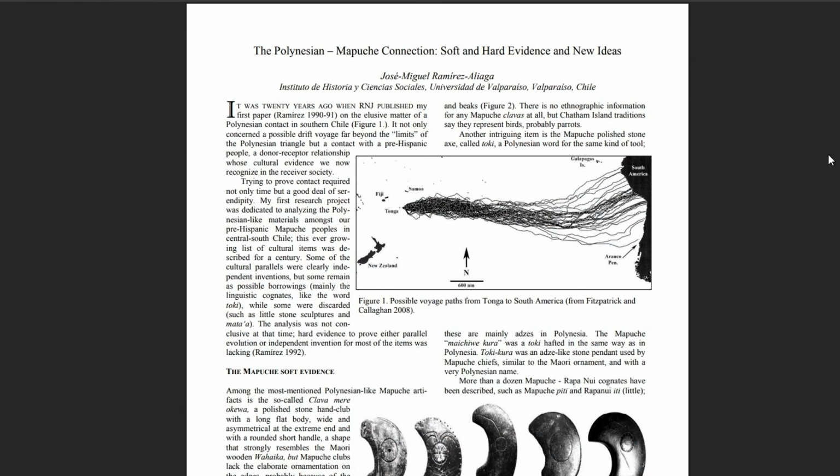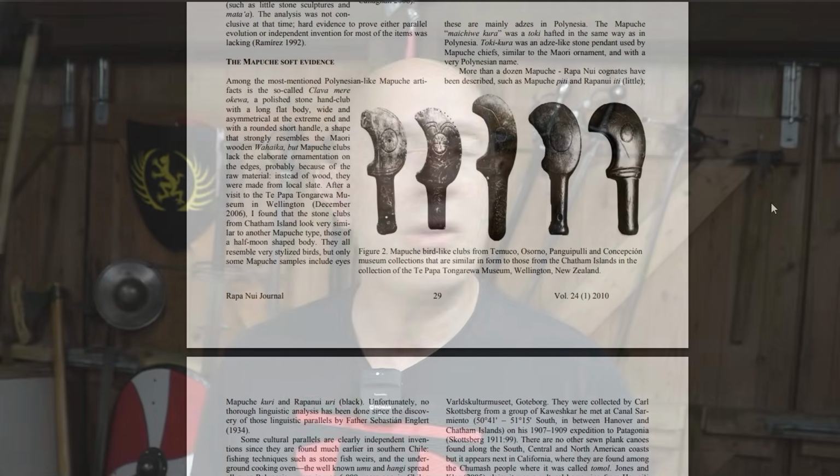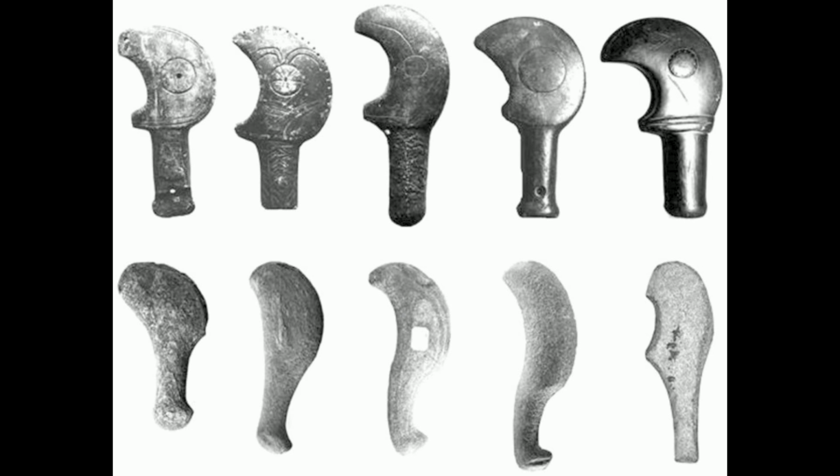So the final stone weapon in this group that I want to tell you about is the Mapuche clava. The Mapuche are the people, and they live in Chile in South America. And the clava is a type of small crescent-shaped hand club, a little bit like one of these, and in fact they're usually made of stone. Okay, so it seems that most of them are made of slate, but they can be made of other types